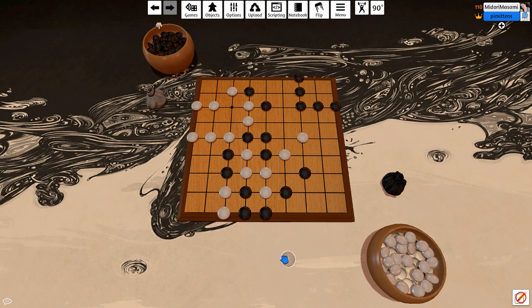Is capturing better here, or should I connect? If I connect, he gets forcing moves, but like I think that's just fine. Don't think it really matters. Yep, so that...